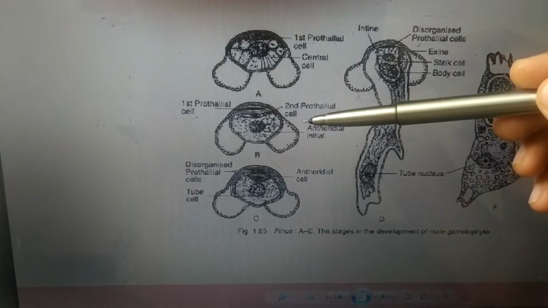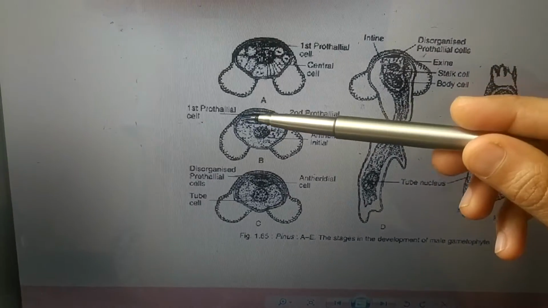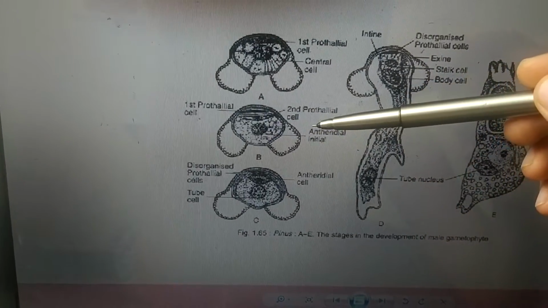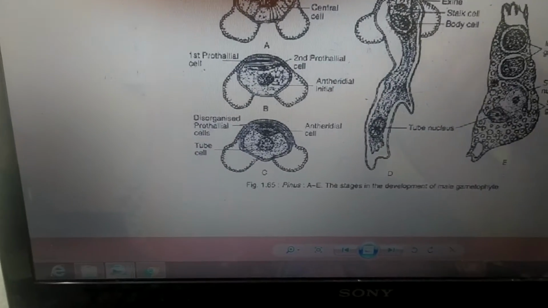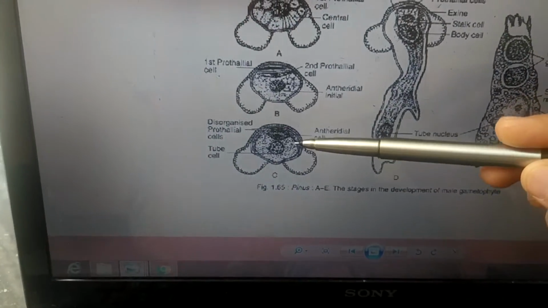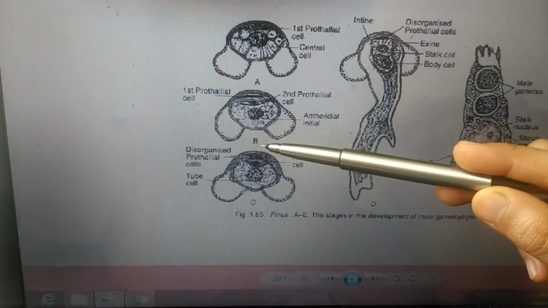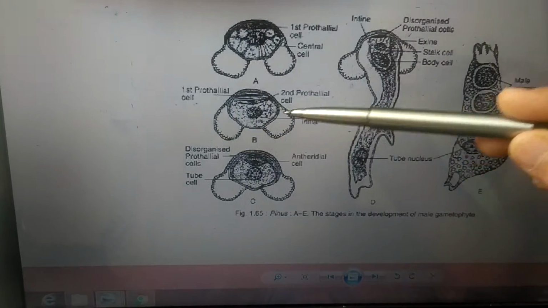This first prothallial and second prothallial cell are ephemeral in nature, in the sense that they are not going to last for a very long time. Their lifespan is of a very short duration. Further, this antheridial initial cell will undergo division, leading to the formation of an antheridial cell and a tube cell. So at this stage we can say this pollen grain has four cells, that is two